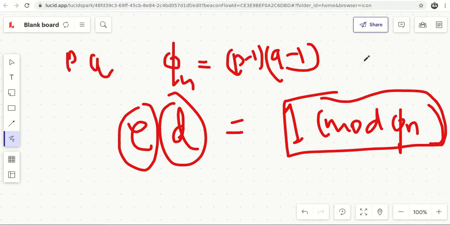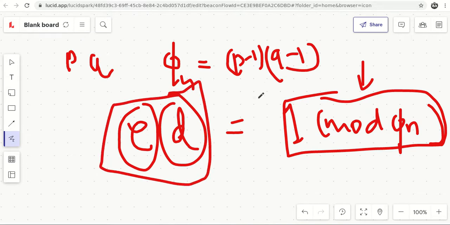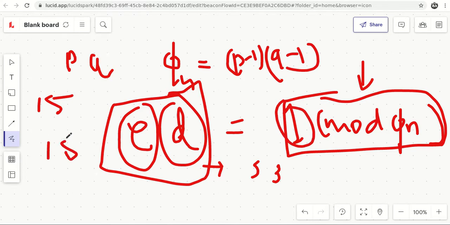Now to find this period, we need to factorize these numbers, and factorizing is a very big problem for computers to do. For small numbers it's easy, like 5 and 3. Suppose the number 15 is given. With this number 15, we need to guess these two numbers, the public key and private key. This is a very tough problem for general computers,